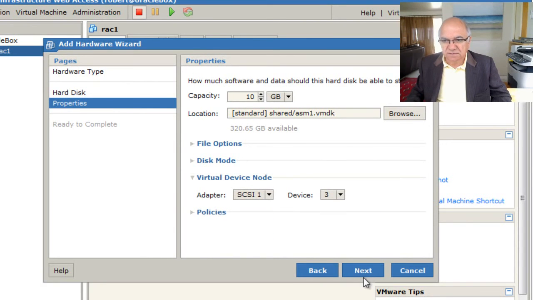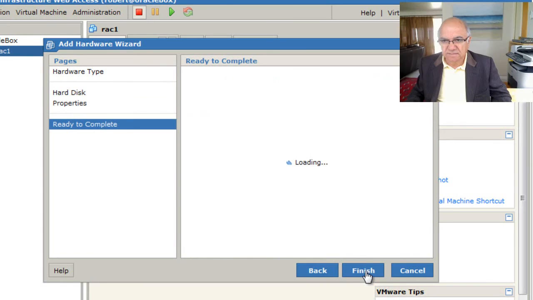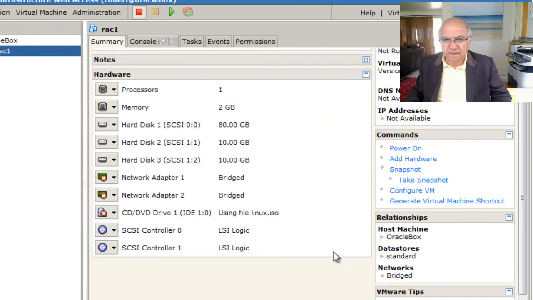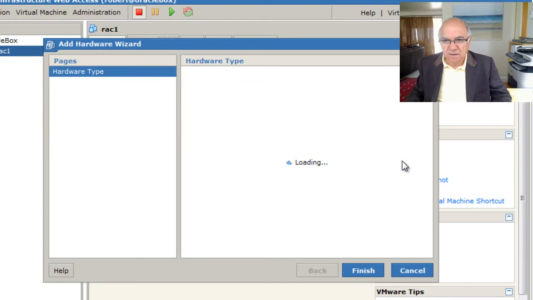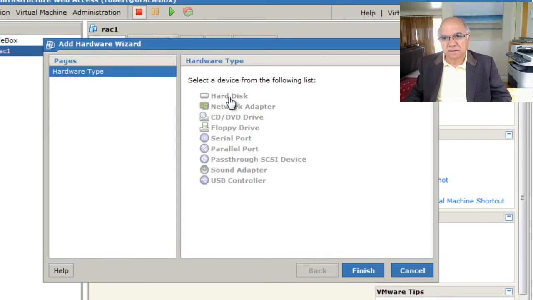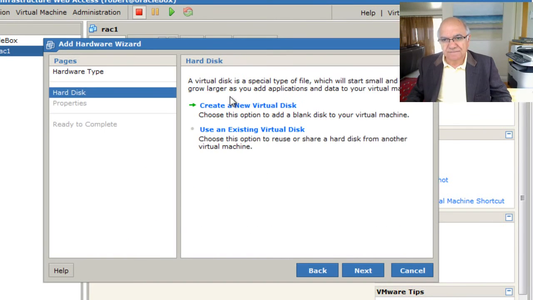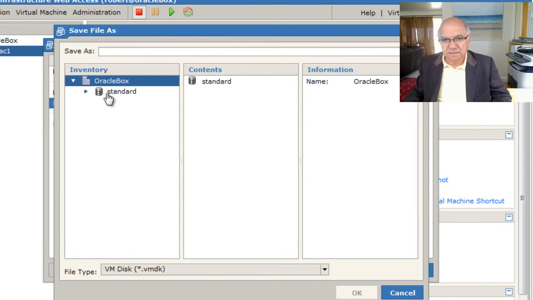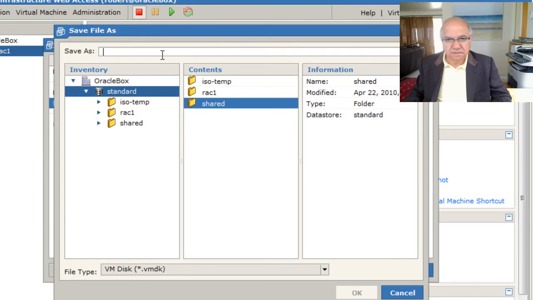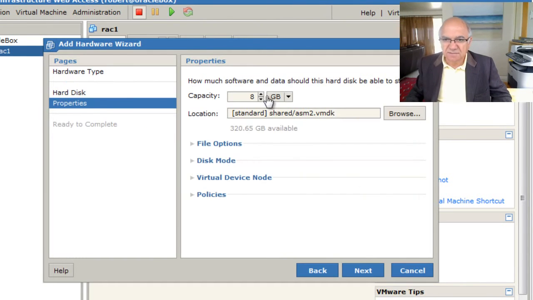SCSI 1, device 3. Next one, it's going to be ASM2. I don't think the name really matters, but